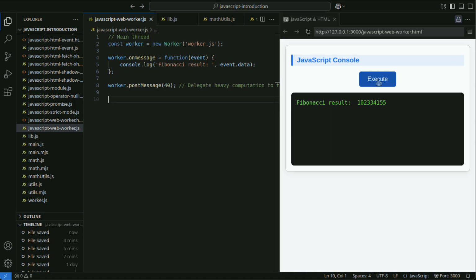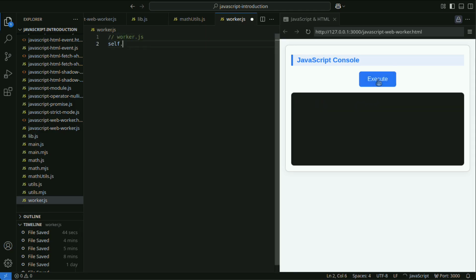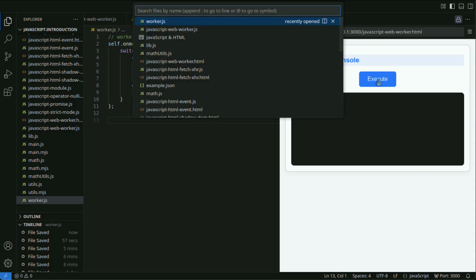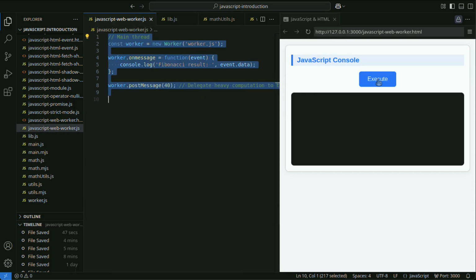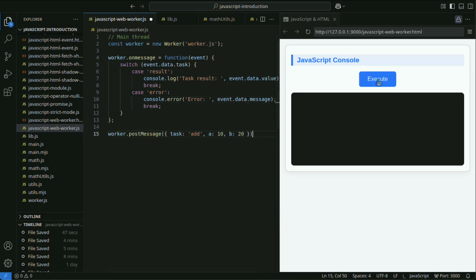Next is an example of sending and receiving messages by specifying a task name. This code is an example of dispatching processing based on the task name in the message, with the WebWorker returning calculation results or errors to the main thread along with the task name.